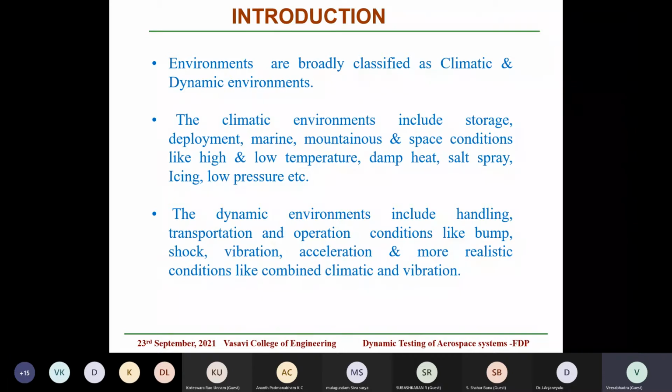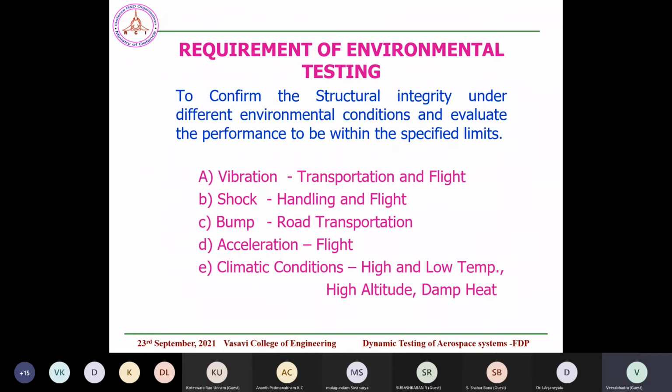Apart from this, in actual realistic service environments, you may get a number of other sources of vibration, shock, and acceleration. Acceleration, when we mean, is whenever an object is taking a turn, you get an acceleration, that is centripetal or centrifugal, depending on the pseudo force, and that also needs to be simulated and tested. So all these environments need to be tested. The reason we are simulating these environments and testing is to ruggedize our systems and to check the functionality beforehand.